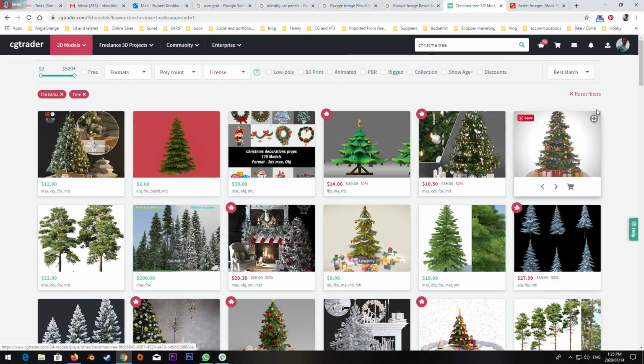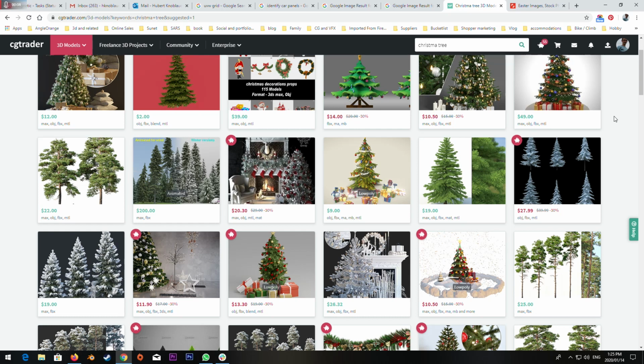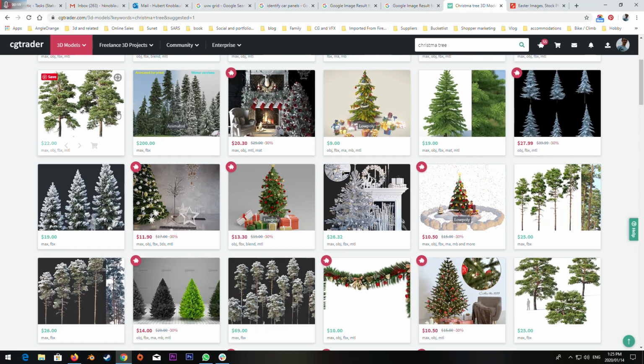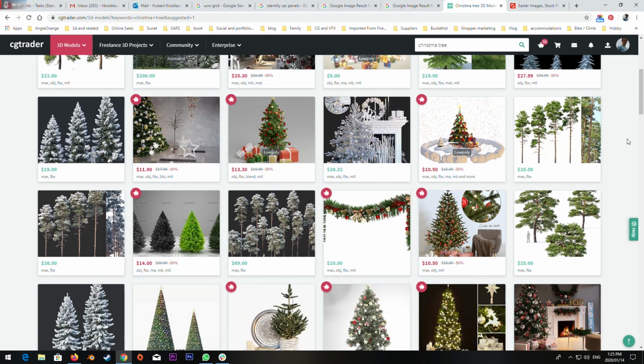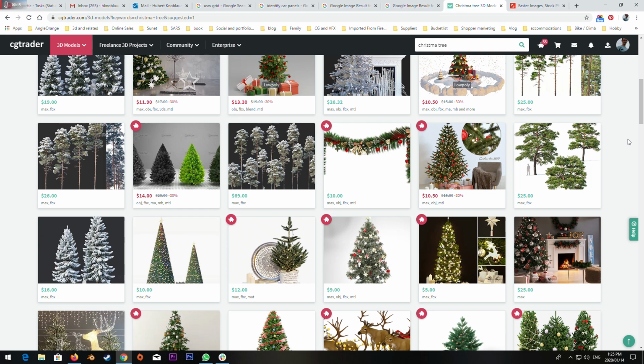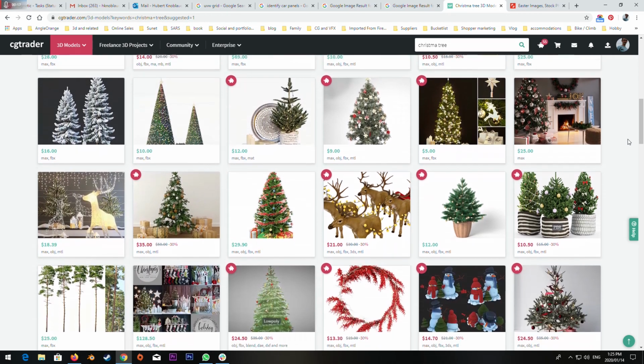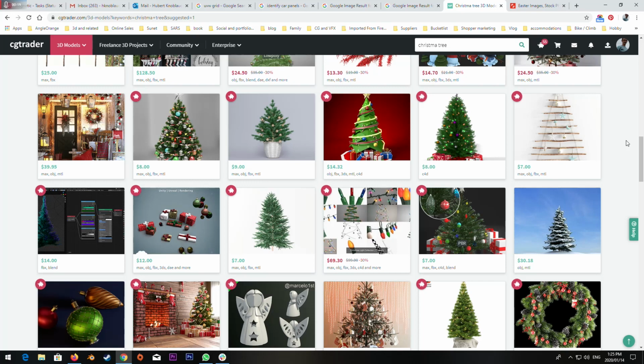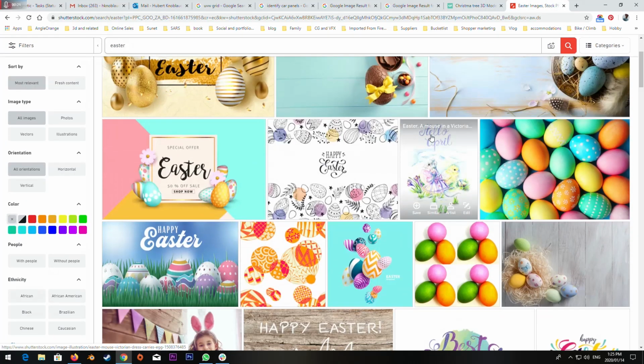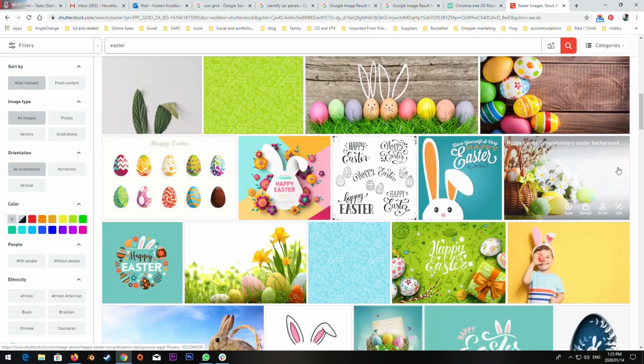Occasion content or non-occasion content. So what I mean by that is certain content is tied to occasions. Certain 3D models are themed or styled or made for a specific occasion. Probably the easiest one I can think of is Christmas is an occasion. So I see a lot of models on Blender Market and CG Trader around this time of Christmas trees or presents or other things related to that occasion.